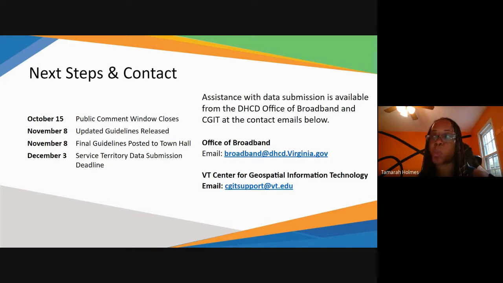If you're familiar with, and I'm probably going to butcher this, I can remember an acronym but not what it stands for, there's the National Broadband Availability Map through NTIA, the NBAM map. They aggregate all the data and map it, but we know in Virginia, we can go pull our data from the NBAM map and look at location-based data.